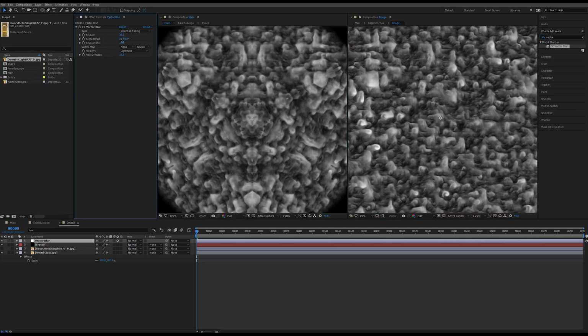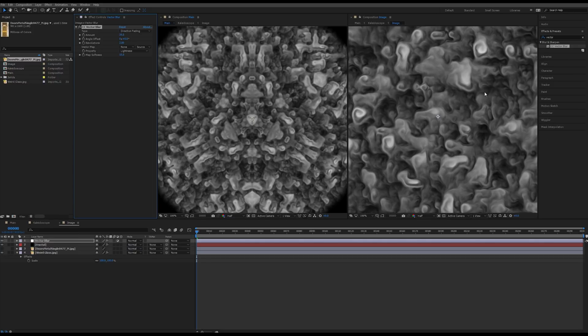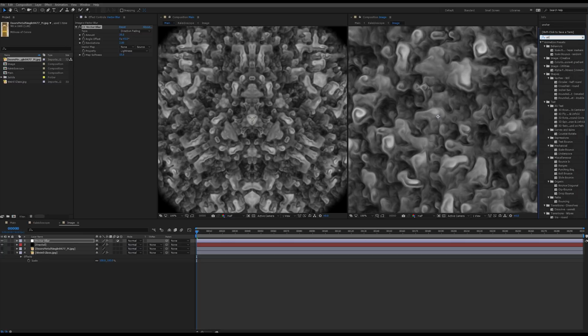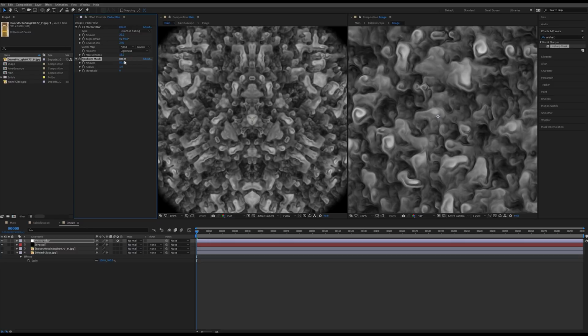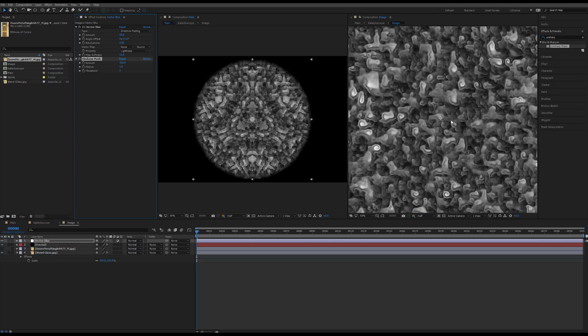And I can increase my revolutions to add more detail to it. And I can also add, since it is kind of blurry, I'm actually going to add an unsharp mask to this as well. Unsharp mask, and let's do 100%. Add a little bit more definition, especially the main comp. You can probably see that a little bit better. Very slight, but I think will help.